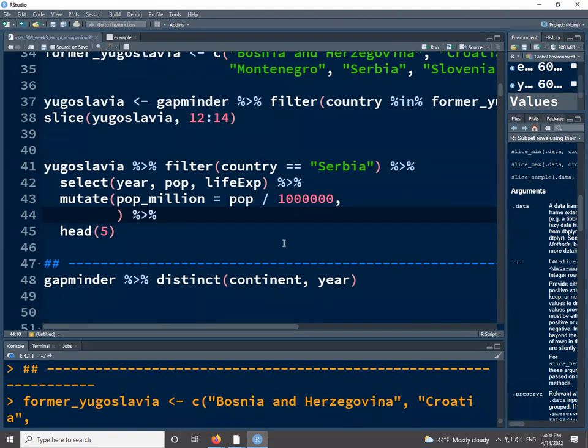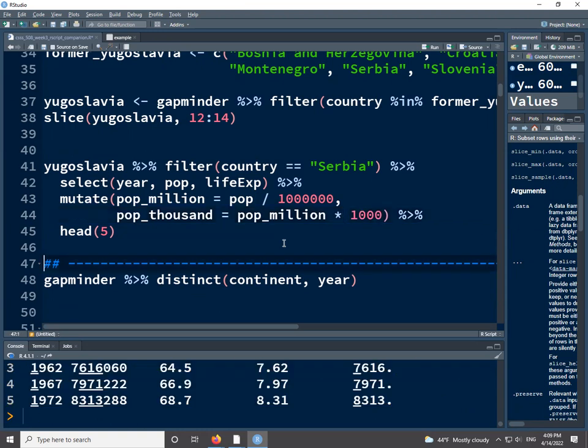But then we also want pop 1000. We can take pop million right here and divide it by 1000. That's how that works, right? Multiply by 1000. I don't remember. I'm not great at math, but